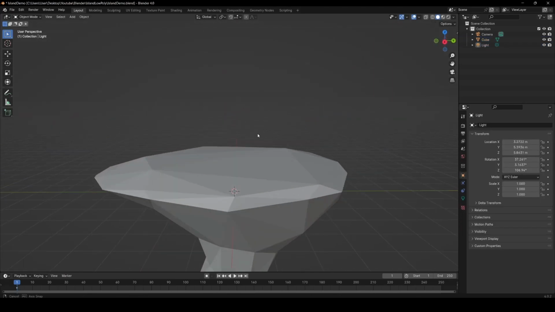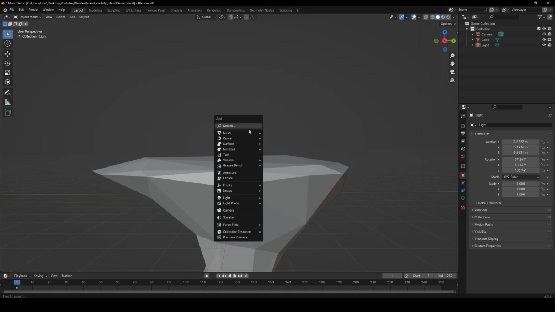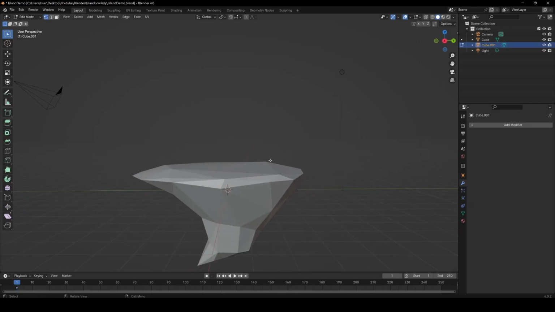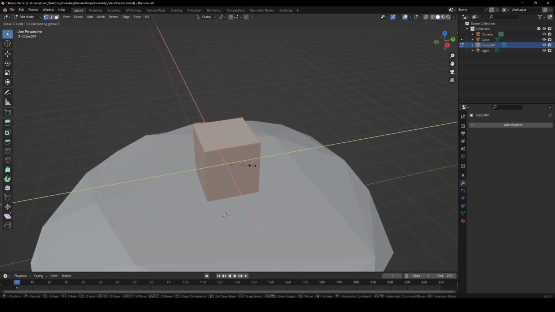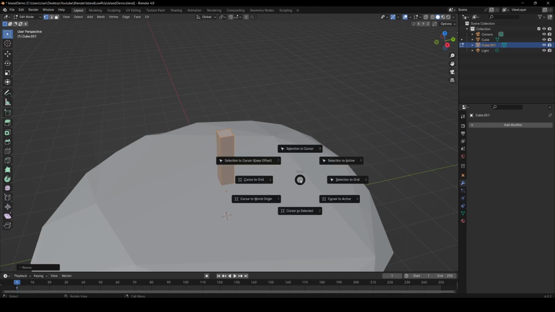Let's start thinking about adding a tree to this. It helps to have some sketches or a design or an idea in mind about what kind of models you want to make, because even the low poly style has various different variations to it. So I have a rough idea for a tree I'm going to make here. I'm going to take a cube, and I'm going to use a cube instead of a cylinder,